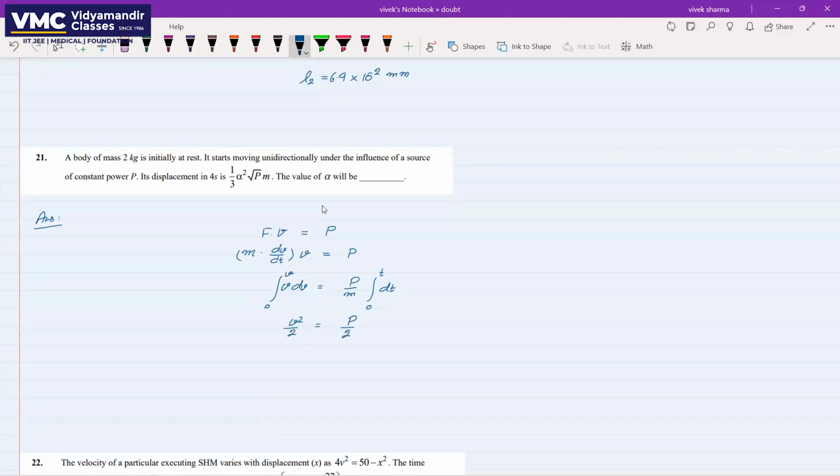As mass is given as 2 kilogram, it will become 1 का integration t हो जाएगा. लिमिट रखेंगे तो t minus 0 t रहेगा. So from here I can find velocity V as square root of P into t raised to the power 1 by 2, and V it can be written as dx by dt, and dx that is equal to square root of P into t raised to the power 1 by 2 into dt, and by integrating on both sides